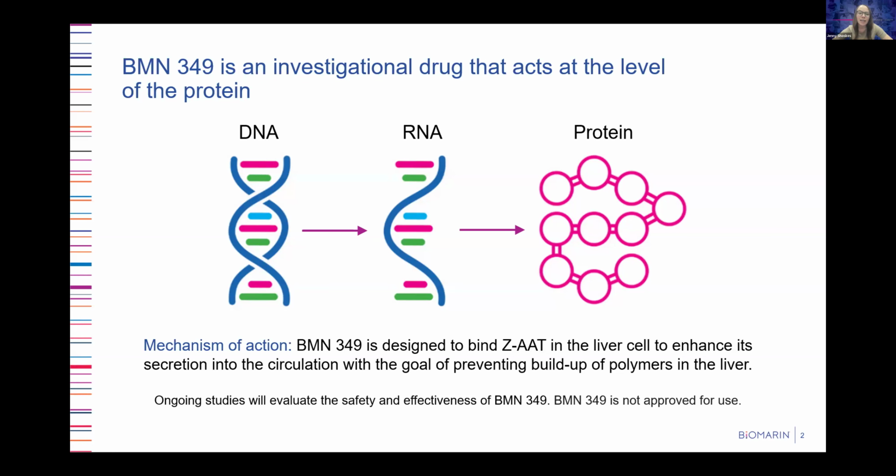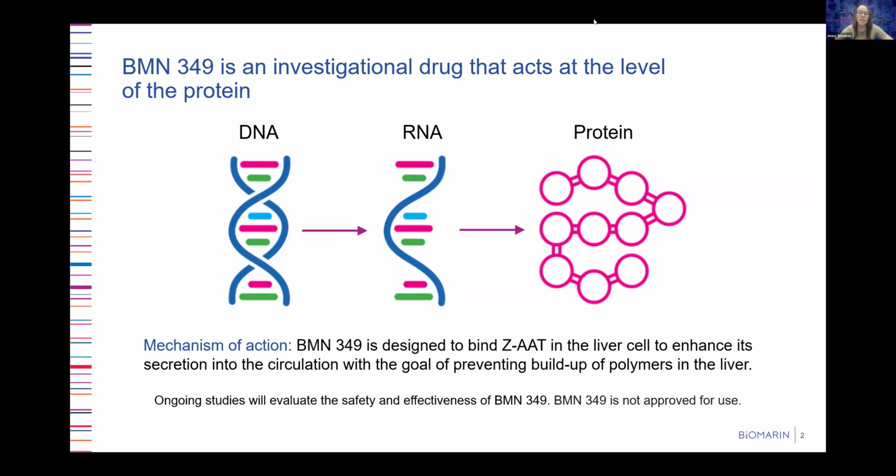BMN 349 is the investigational drug that we are exploring that acts at the level of the protein. The mechanism of action is intended to bind the mutated AAT, or the ZAAT, in the liver cells to enhance the secretion out into circulation,